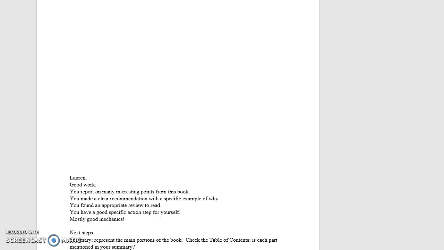Next steps. When you write a summary, you want to make sure that you're representing the main parts of the book. So if you look at the table of contents and you look at the summary, does your summary cover the main things that the book covers? Now maybe 2 or 3 of those chapters are on a similar idea, like exploring the history of coffee in different African countries. And then another set are exploring it in Asian countries or something. So it's not like you have to talk about every single chapter separately in the summary, but all big parts of the book need to be covered in the summary.